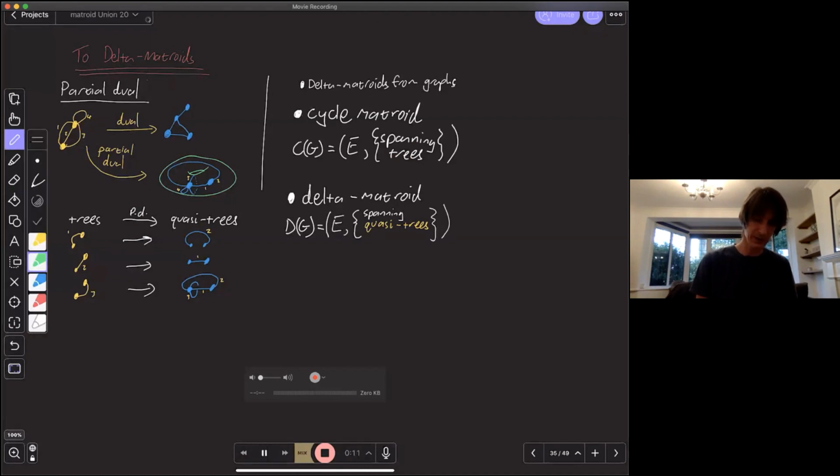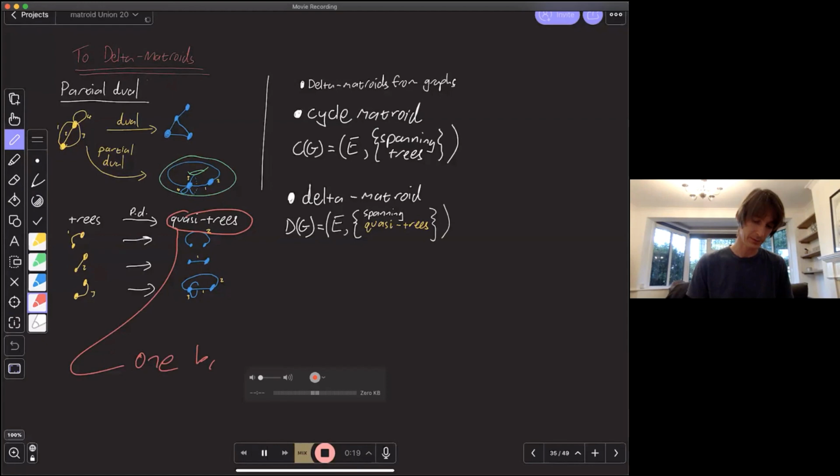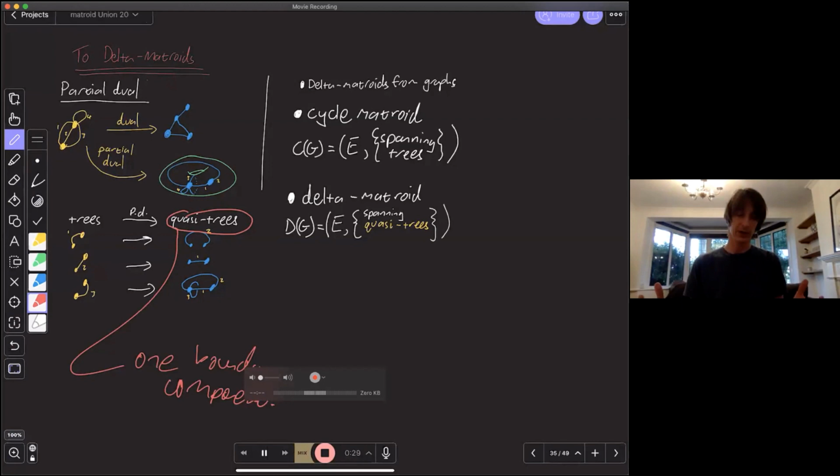So what are these? Well, these are just subgraphs that have exactly one boundary component, or one face. I have my graph in a surface, I take a neighborhood, just cut it out, and I see how many boundary components it has. And if you're careful, you could formulate this in terms of faces of the subgraph.